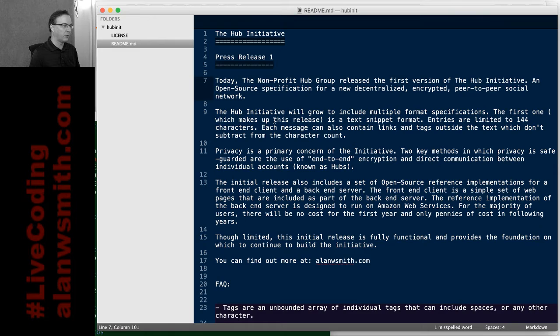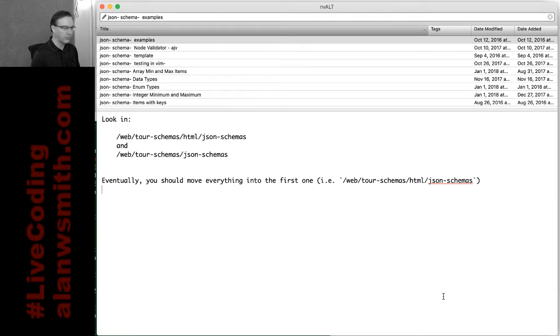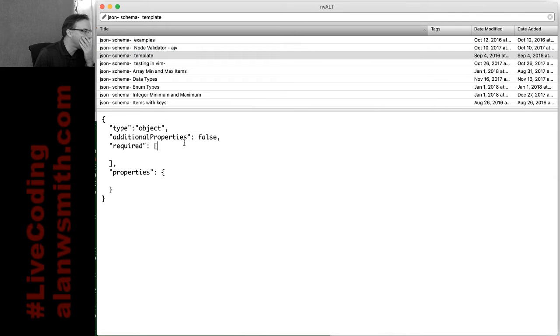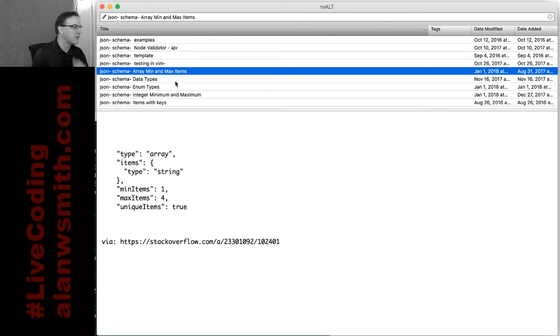So here's the press release I wrote the other day. That's part of the Amazon style thing where you basically write a press release as if you're doing the project. So one of the things that this talks about is the text snippet format. So that's the first thing that I'm going to build. The way that I'm going to do that is I'm going to try and remember how to do JSON schemas because it's been a while since I've done JSON schemas. All right, and so I'm going to use